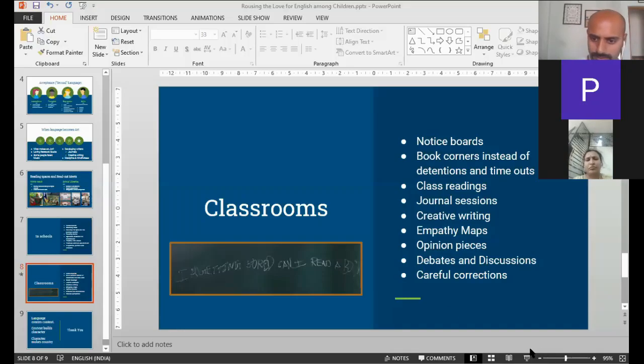So yeah, coming down to the presentation again. You should have a lot of notice boards. Try to engage them in things where it's more of them. It is less of things that you're filling in the child and more of things that the child comes up with. So wherever that happens, the child will develop an importance and a love for the language.